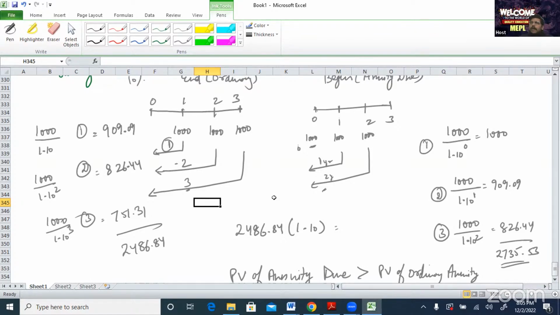Then we looked at the concept of effective return. How can we calculate the effective return? Okay, so then we came on to the calculation of present value or future value for uneven cash flows.